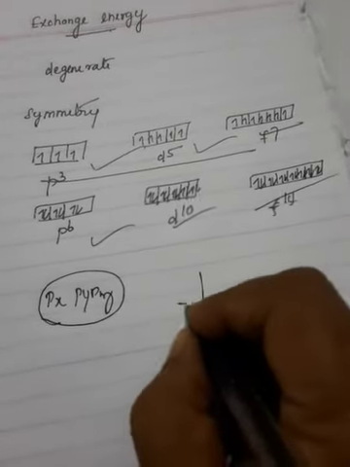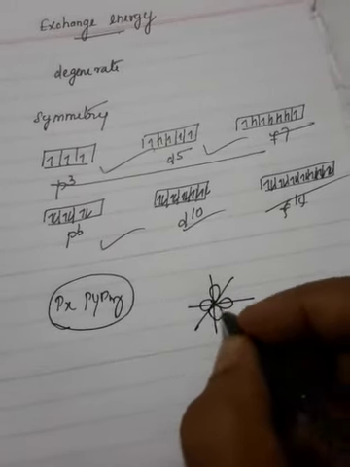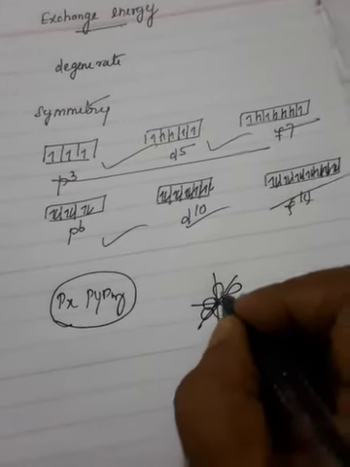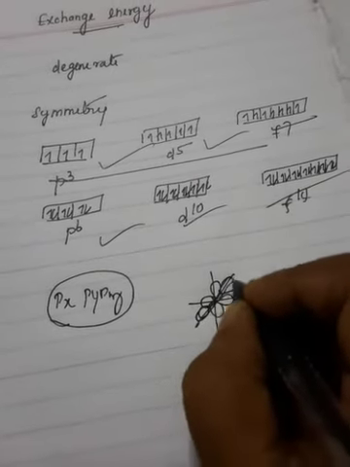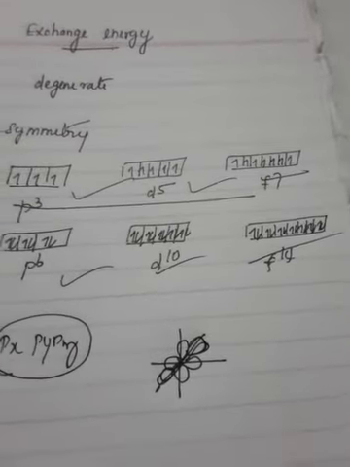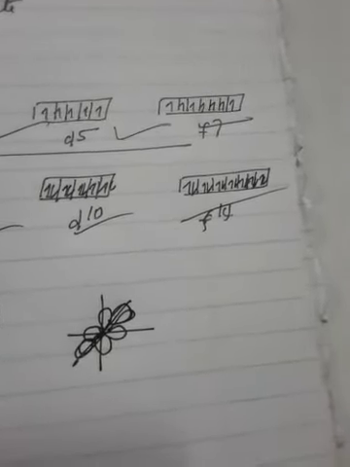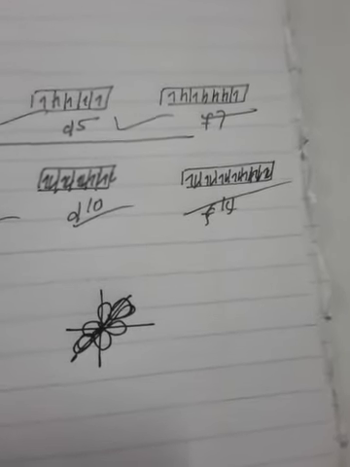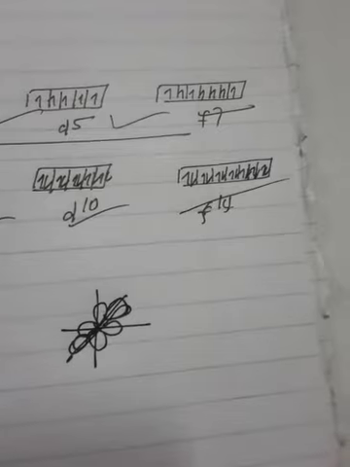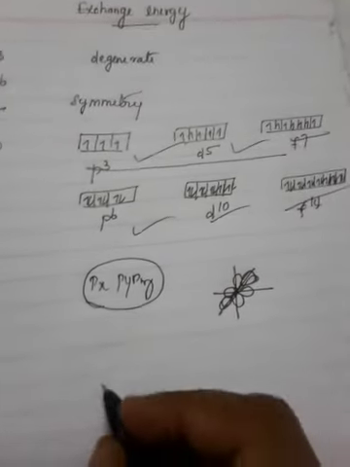Orientation means locating the electron cloud. Px means dumbbell shape in the x-axis, py means dumbbell shape in the y-axis, pz means dumbbell shape in the z-axis. The orientation in space is different, but symmetrical, and they all have equal energy. Due to this symmetrical distribution, the shielding of one electron on the other is relatively small and hence the electrons are attracted more strongly by the nucleus and this increases the stability. This is called symmetry.